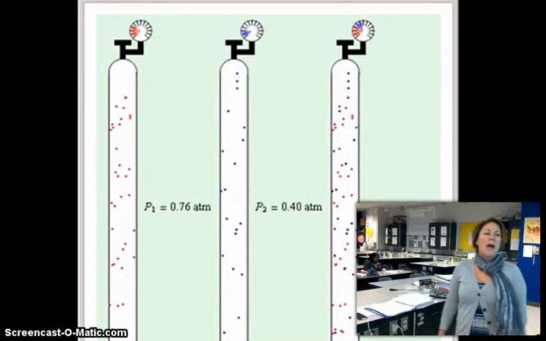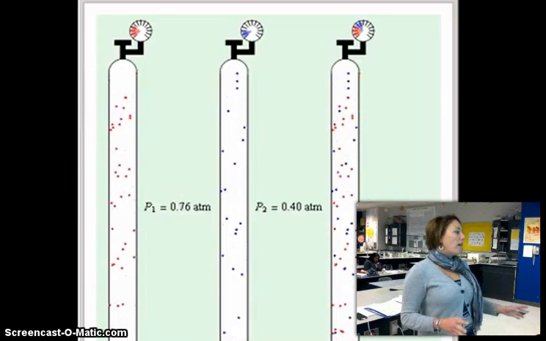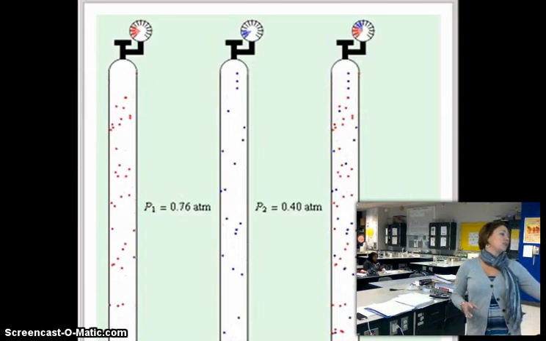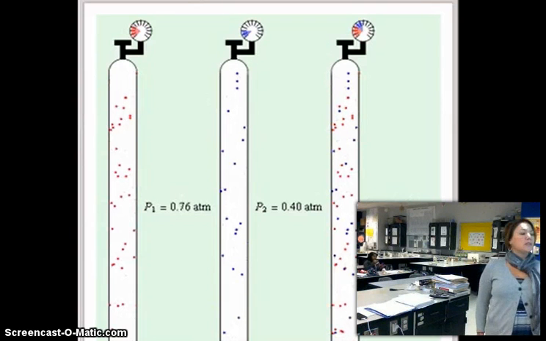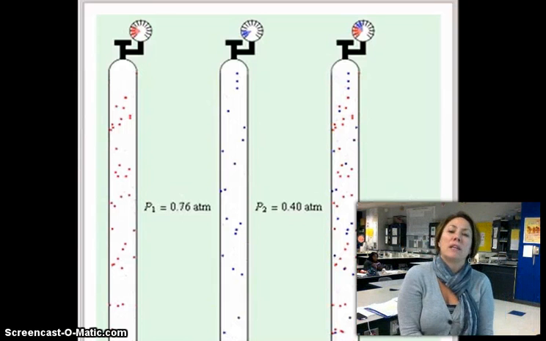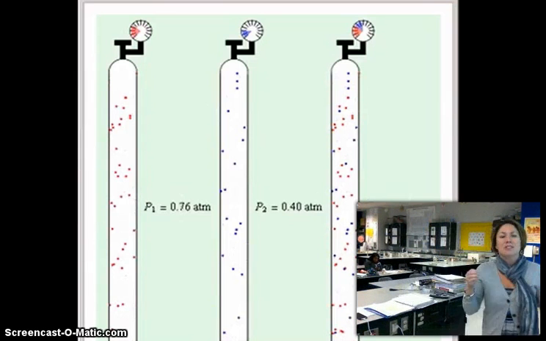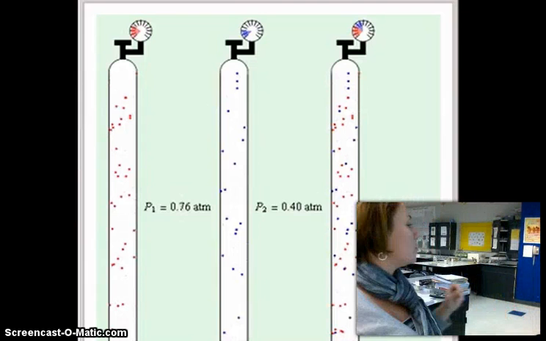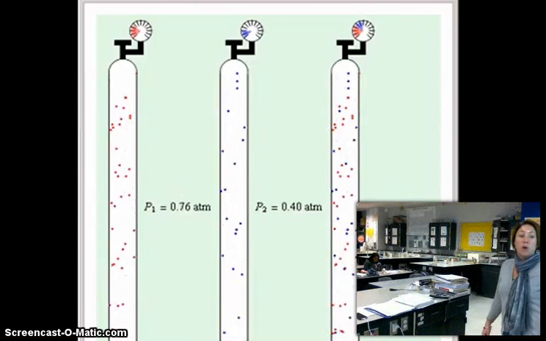All right, so how does this explain Dalton's law of partial pressures? Well, as you can tell from these cylinders, there's a red gas, and its pressure is 0.76. And there's a blue gas, and its pressure is 0.40. And then in the third cylinder, we mix the blue gas and the red gas together. And guess what their pressure is? It is the sum of their individual pressures. So if you add together 0.76 and 0.40, you get